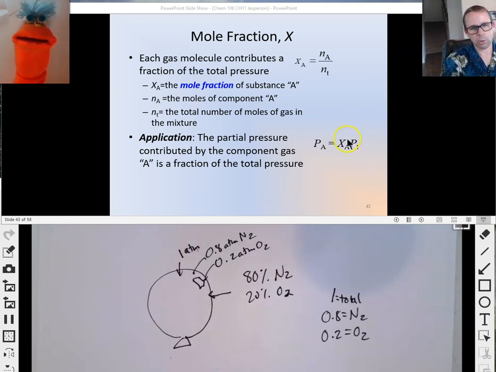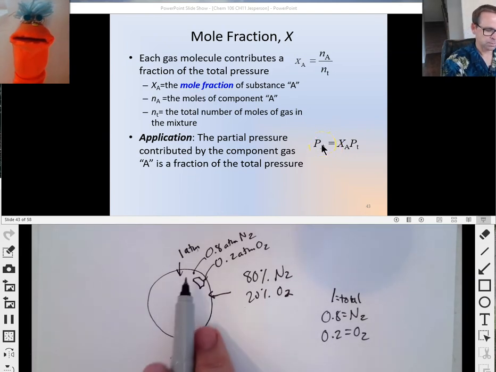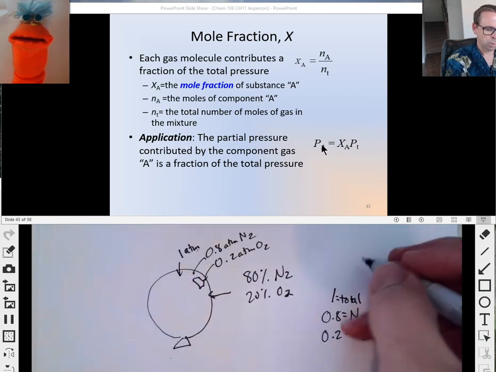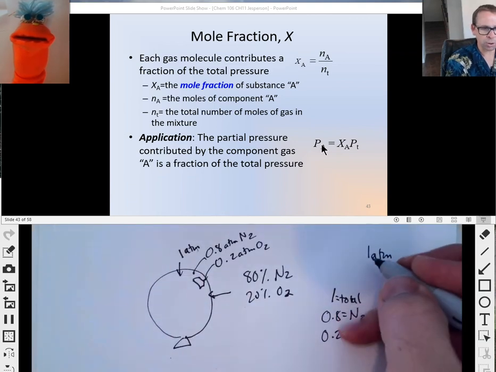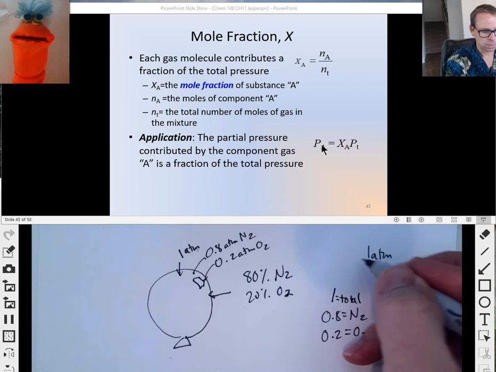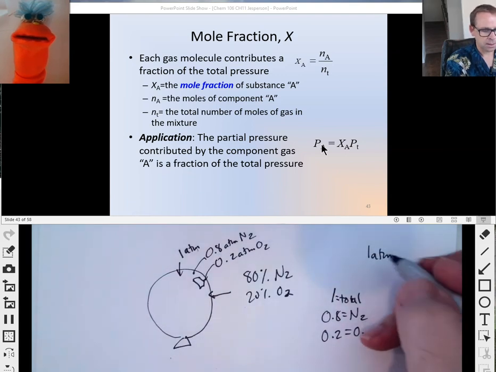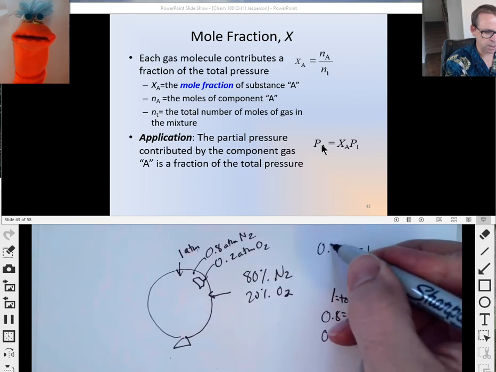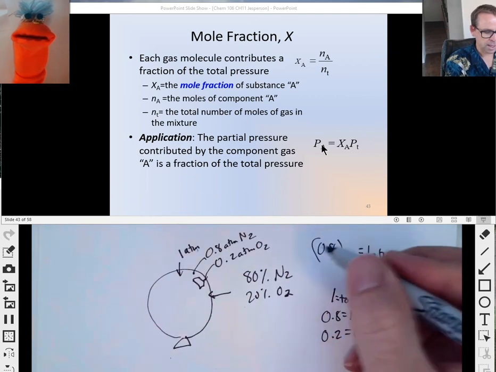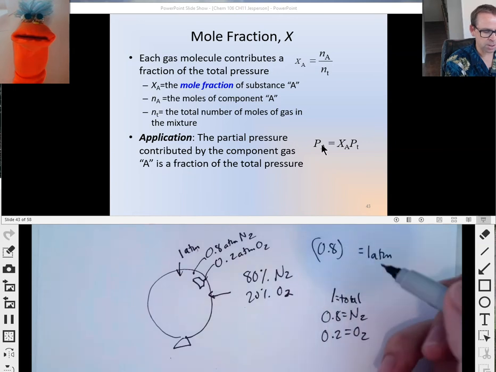And if you take the mole fraction of something times the total pressure, it'll give you the partial pressure of whatever gas that is. So simply put here, 1 atmosphere is my total pressure. Then that total pressure times the mole fraction of nitrogen, 0.8,